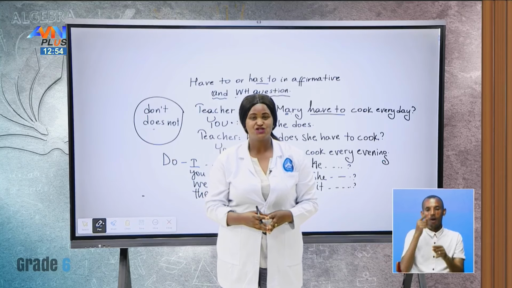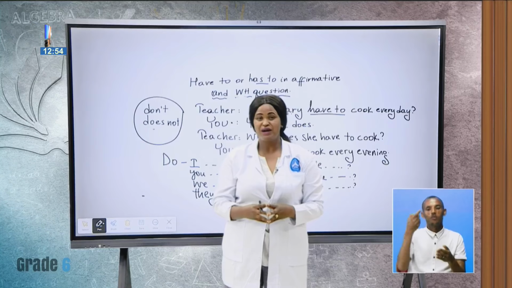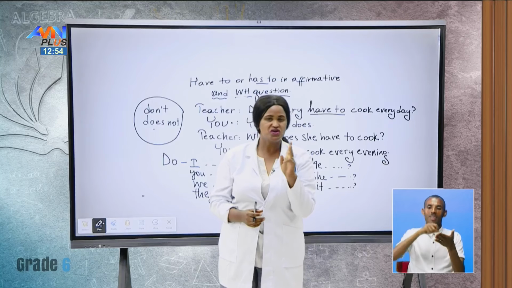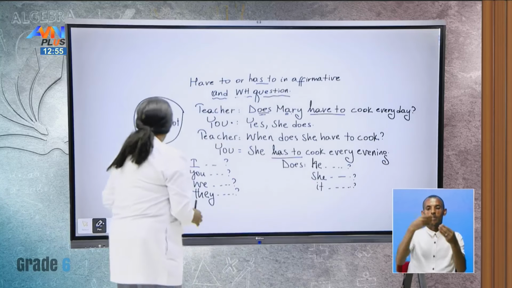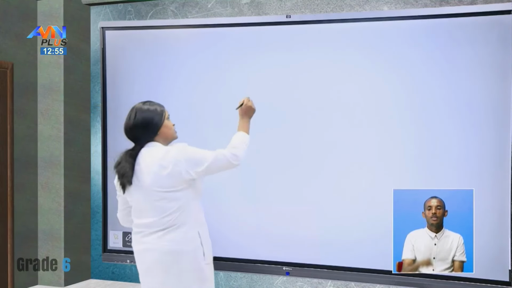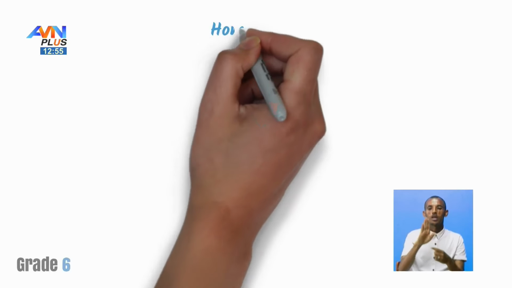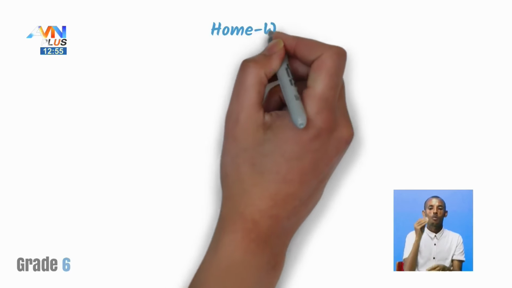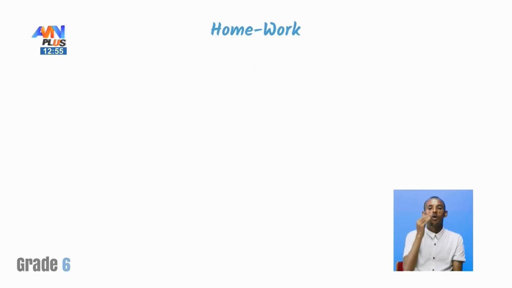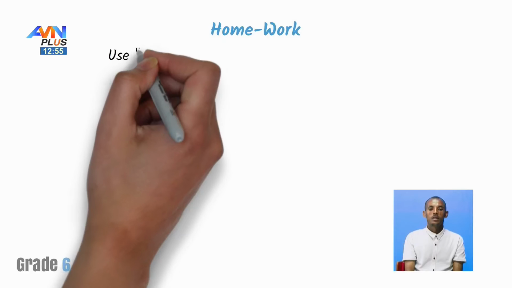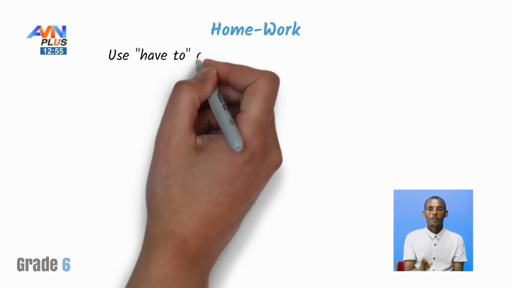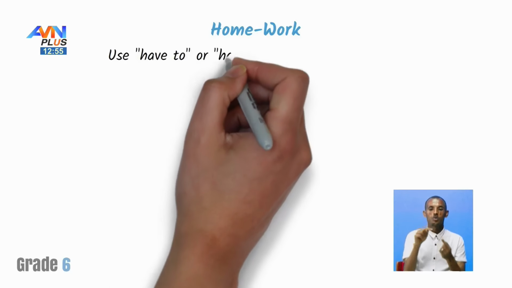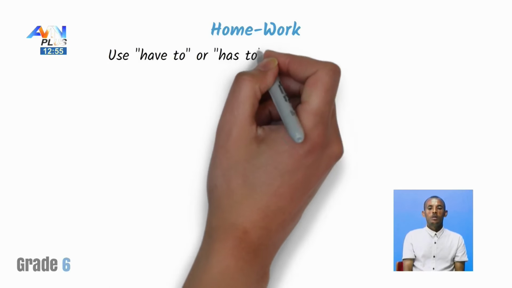All right? So this was all what I have for today, but I want you to write 2 or 3 sentences based on a situation. Okay, let me give you the situation. All right. So this is going to be your homework to practice at home using English, all right? Homework. Okay. Use have to or has to, yeah? Or has to, okay?